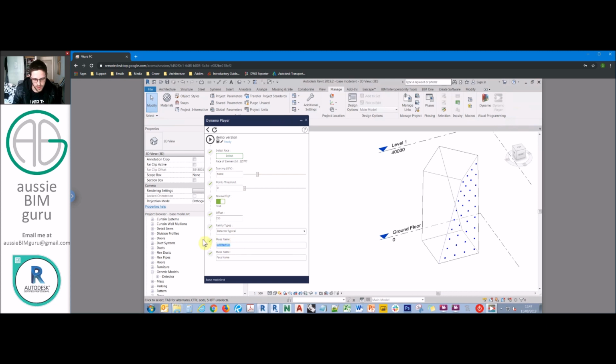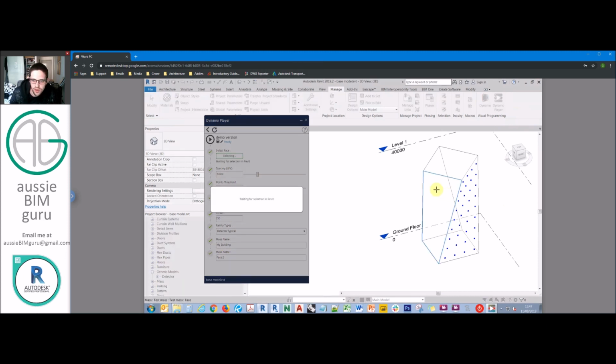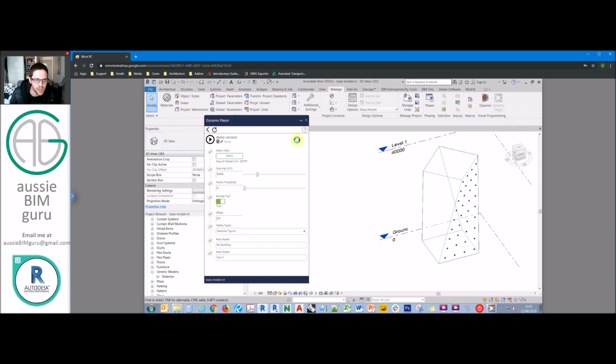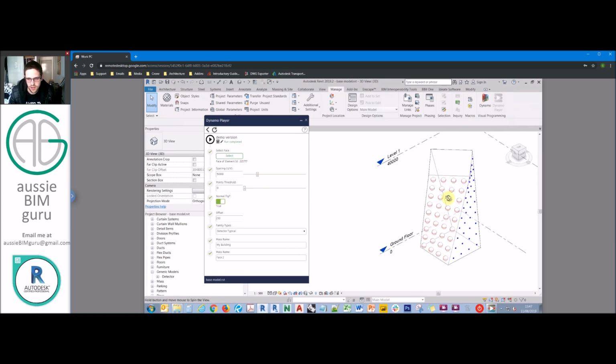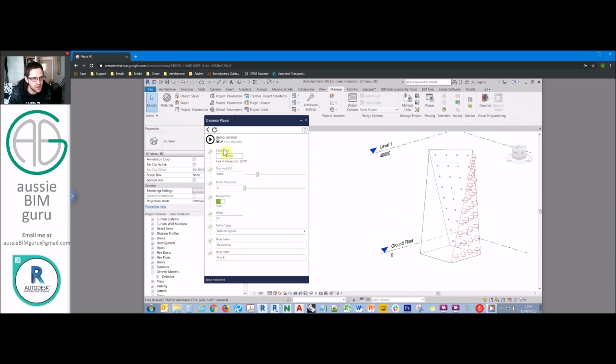So let's just call this my building, and we'll call this face 2. And we'll keep the same inputs. We'll pick this surface and we'll run. Dynamo Player takes a little bit longer than Dynamo, but you can see it didn't take too long. You can see here it's offsetting from the surface. Now let's do face 3. Select, run,